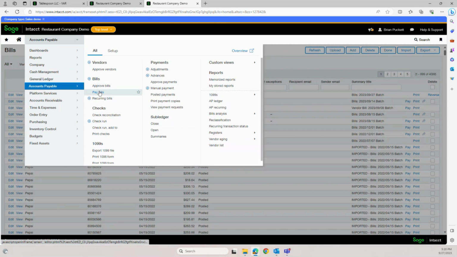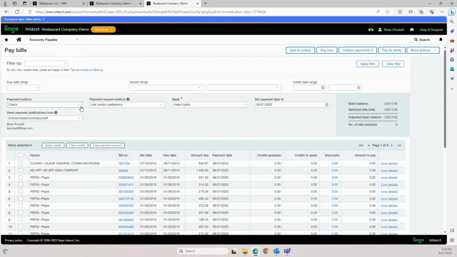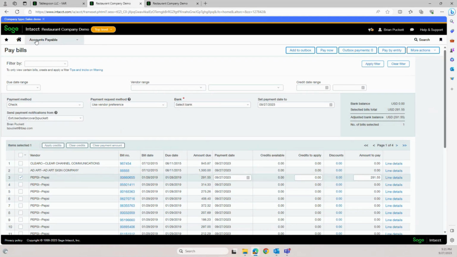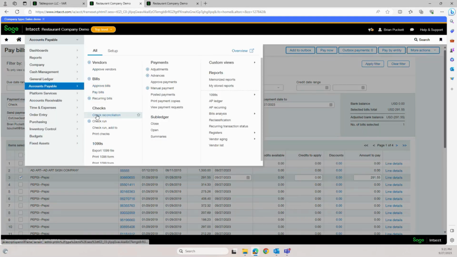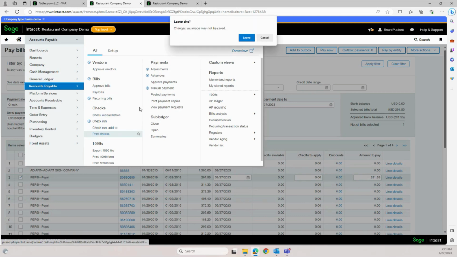If you'll recall, when you went in to pay the bills, there's other ways to make payments on the bills besides check. You can make a payment with a credit card. A record transfer would be the bill has been paid offline on your banking system online, and you're now recording the actual payment in Intacct. Posting with a cash payment, or generating an ACH file, sending that file off to the bank to record the payment. But now that we've made the bill a check request, we'll go under print checks,